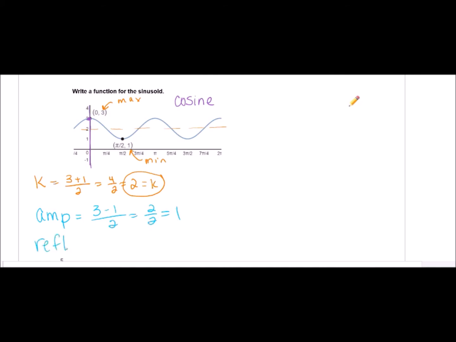Now we're going to say, is it reflected? No. Again, it's the same. It's still got a max. So my a equals 1. Okay, let's go with